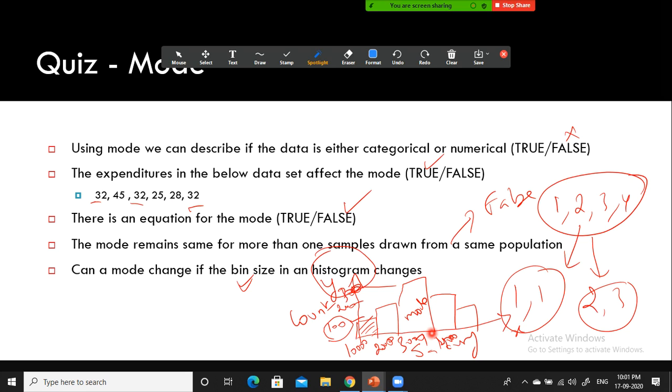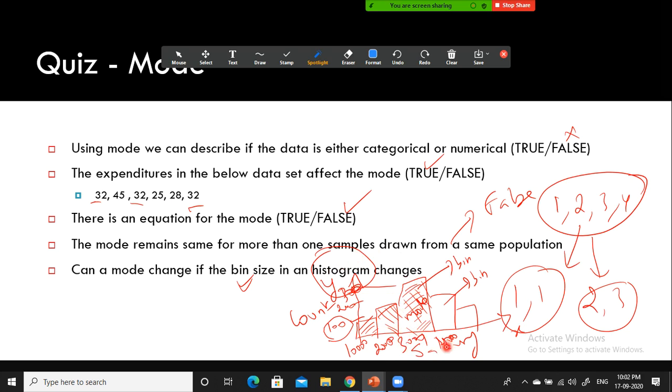So 300 to 400 is called a bin. You understood, right? This is one bin. This is another bin. Bin is nothing but a bucket, right? In the 10,000 to 20,000 bucket, 100 employees are there. In the 20,000 to 30,000 bucket, 200 employees are there. And in the 30,001 to 40,000 bucket, 300 employees are there, right? In this sense, the bin with the most employees falling in it, we call this the mode.